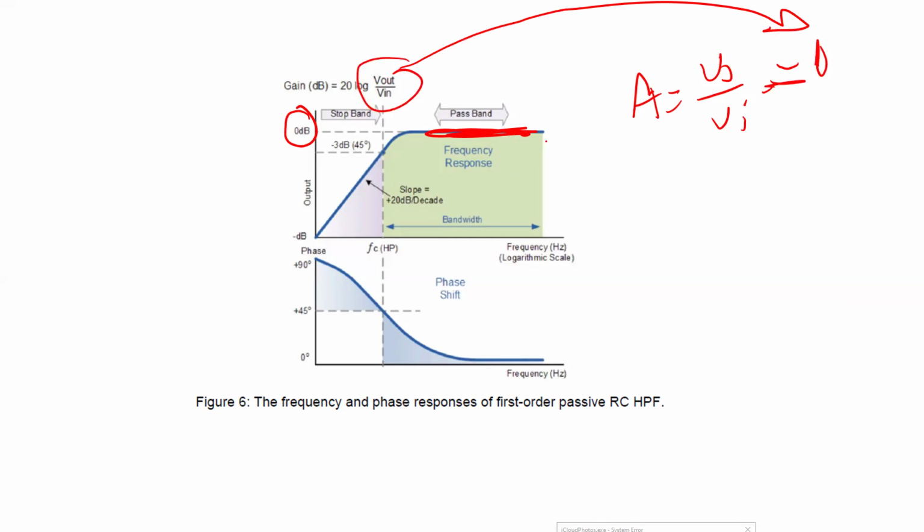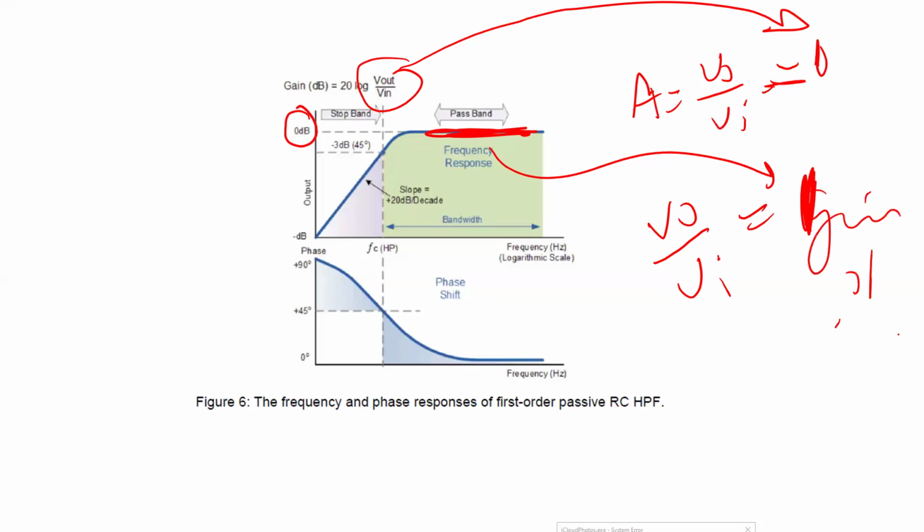However, when I add an amplifier after that, V output divided by V input is not going to become 1 like in this case. In decibel it is 0, but in normal values it is 1. However, this will now equal the gain of the amplifier. So here you will see a different value. This is the only change. After that, everything is almost the same. Instead of 20 log 1, which is why you see 0 here,